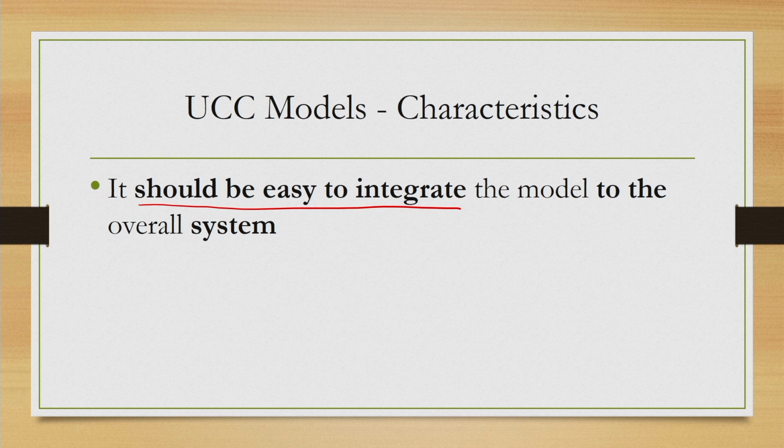If a model of human behavior has these 4 characteristics, that it represents some behavior, the representation is predictive and in terms of some formal specification, which is amenable to algorithmic implementation, and the model can be integrated to an overall system easily, then we can call that a user centric computing model. So, we have explained the idea of a predictive model in terms of this hypothetical model called PAM.